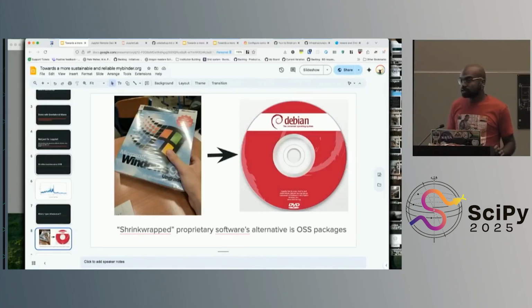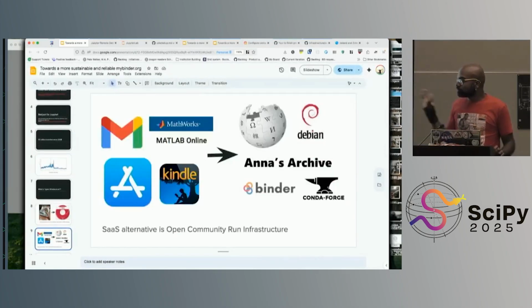But now that's not how we install or use software for the most part, right? Software as a service is where things are today. You go to Gmail. You do not download and install an email client. You go to the App Store, right? Like you read on Kindle, and I'm sure there's a million other things, but I think there's this conflation of software as a service as a delivery mechanism, and large multi-billion-dollar companies or VC-funded startups.